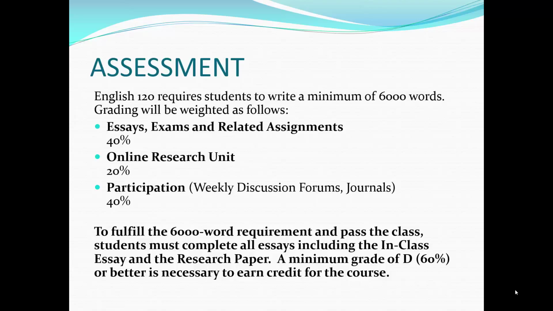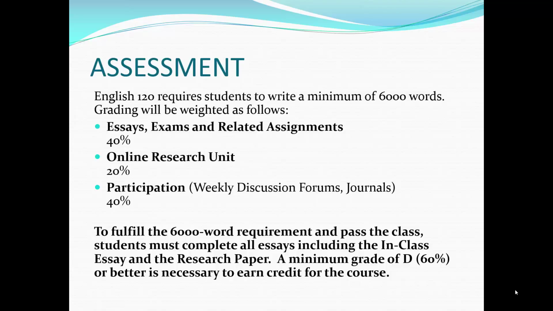English 120 requires students to write a minimum of 6,000 words. Grading will be weighted as follows. Your essays, exams, and related assignments are worth 40% of your grade. Your online research unit, that's Launchpad, is worth 20% of your grade. And your participation, those are your weekly discussions, your journal entries, and a few other assignments, is worth 40%